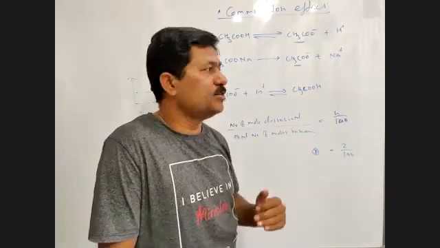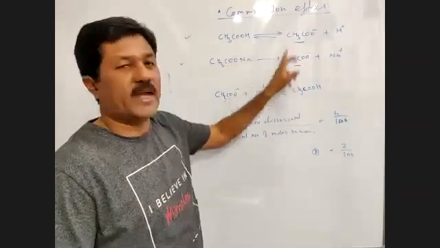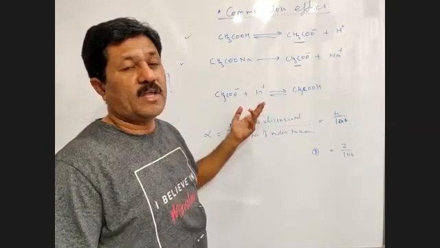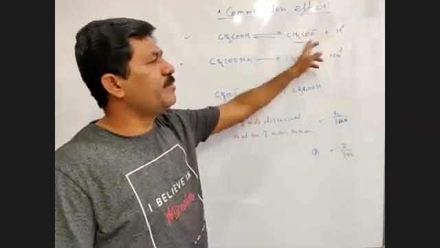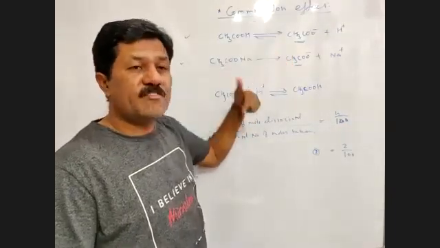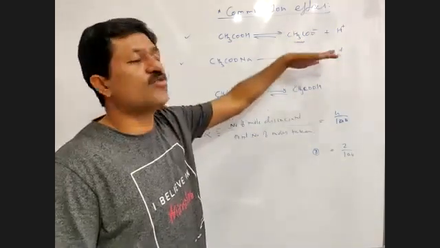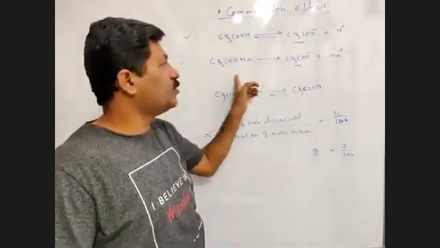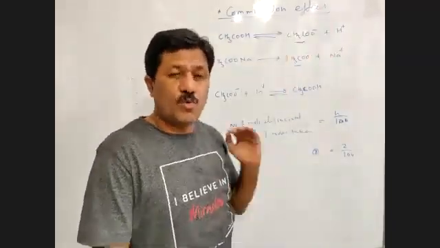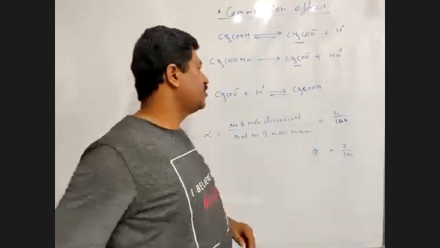अगर दूसरा कोई strong electrolyte हम लोग पुट करते हैं, मान लो HCl पुट करते हैं या फिर NaCl पुट करते हैं, जिसमें कोई भी आयन कॉमन नहीं, तो that doesn't affect the degree of dissociation। इसका डिग्री ऑफ डिसोसिएशन तभी अफेक्ट होगा जब ऐसा इलेक्ट्रोलाइट ऐड करेंगे जो स्ट्रांग भी हो और कुछ ना कुछ आयंस कॉमन हों। हाँ, अगर हम लोग HCl पुट करते हैं वर्क कर सकता है, क्योंकि HCl के अंदर भी H+ है, इसके अंदर भी H+ है। सो कोई ना कोई आयन तो कॉमन होना जरूरी है।